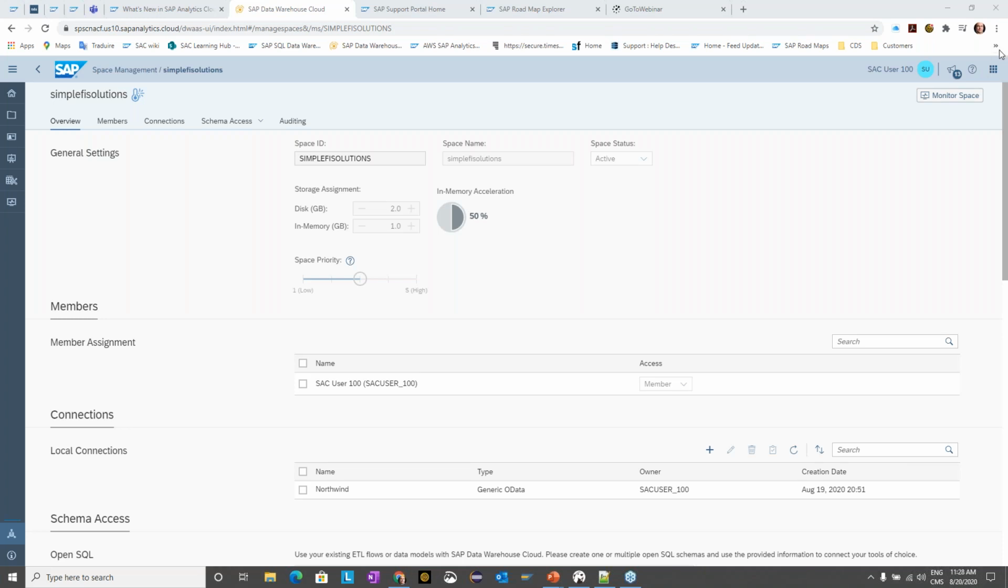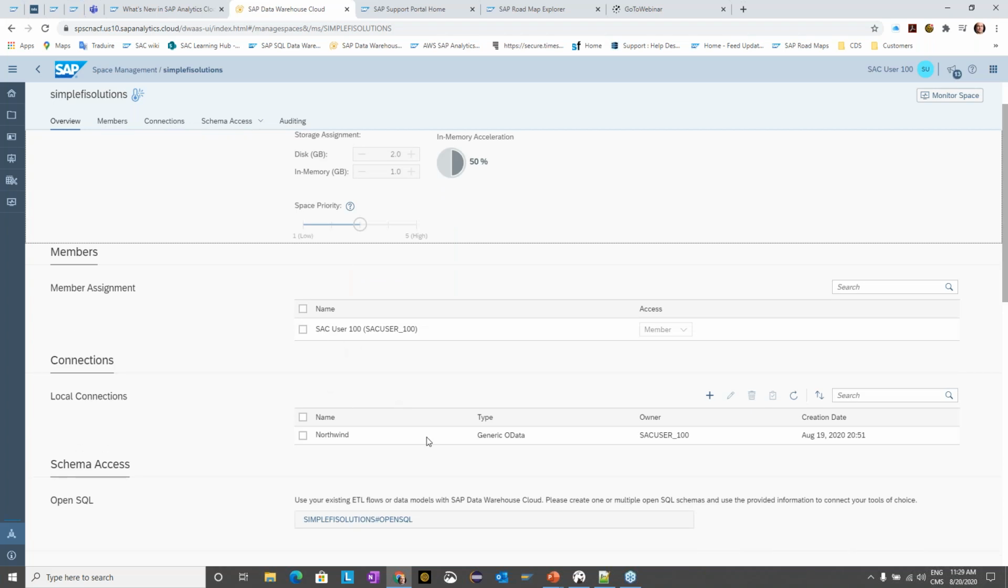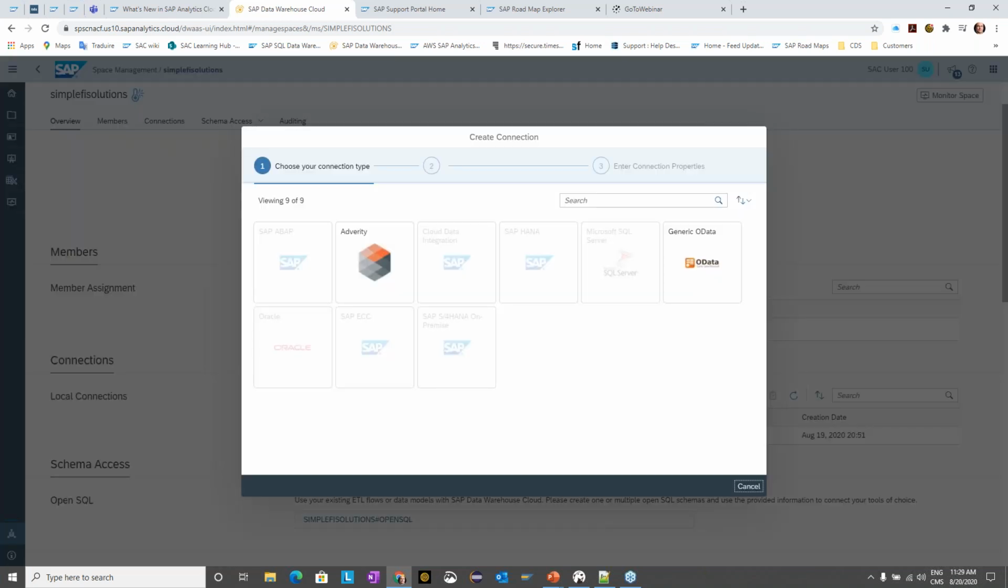Excuse me, the webinar bar is in the way. And when you're in here, Data Warehouse Cloud, you can actually switch around and go to Analytics Cloud. So you actually have both systems in one box. But here I'm in my space. Let's say I'm the admin of their SIMPLEFI solutions space in Data Warehouse Cloud. I could technically manage users and create connections. So right now we have a generic Northwind database,